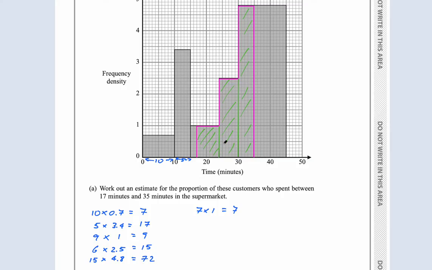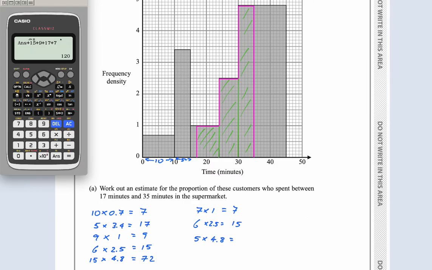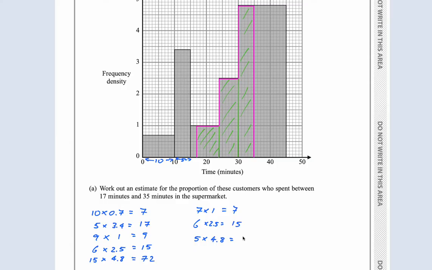What am I doing? It's just this bit I'm doing. 24, 21, 2, 3, 4, 5, 6. It's 6 times 2.5, which is 15. And then finally, it's 1, 2, 3, 4, 5 times 4.8. 5 times 4.8, which is, I should know that, 5 times 4.8 is 24. Okay, so